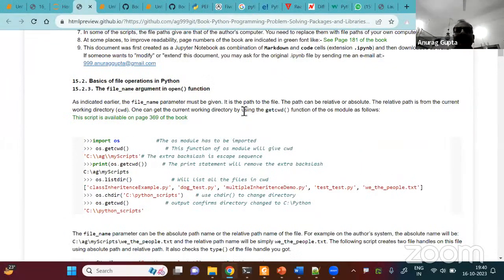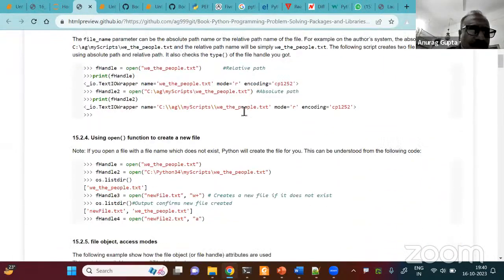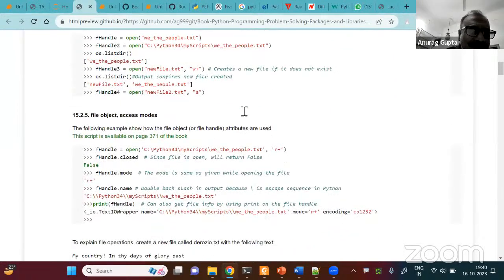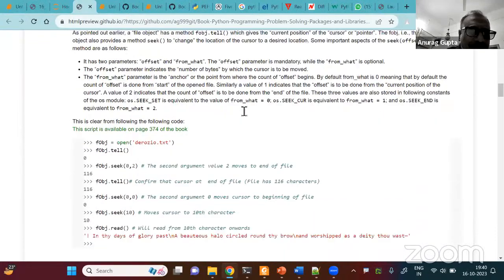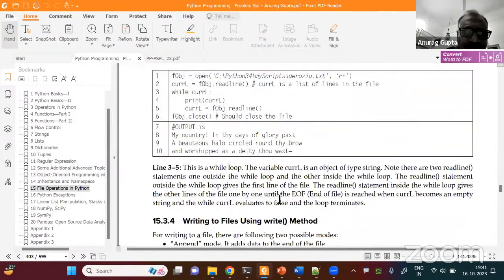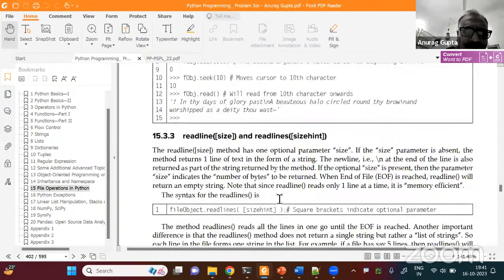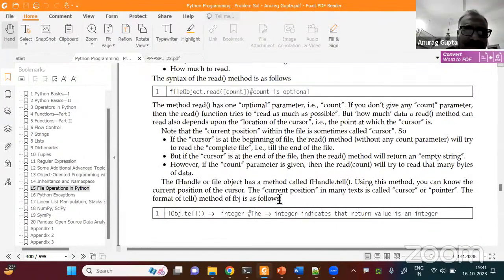If you remember, let me just show you. We created a file object, and then we were reading lines from the file using the read function.